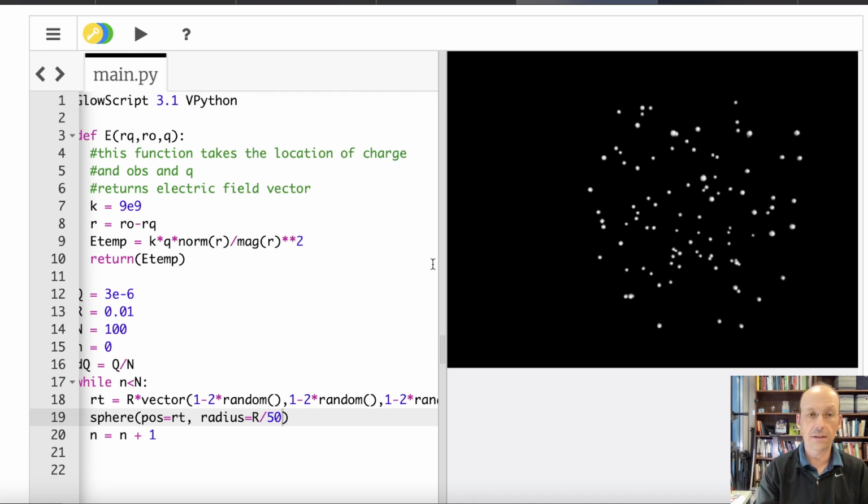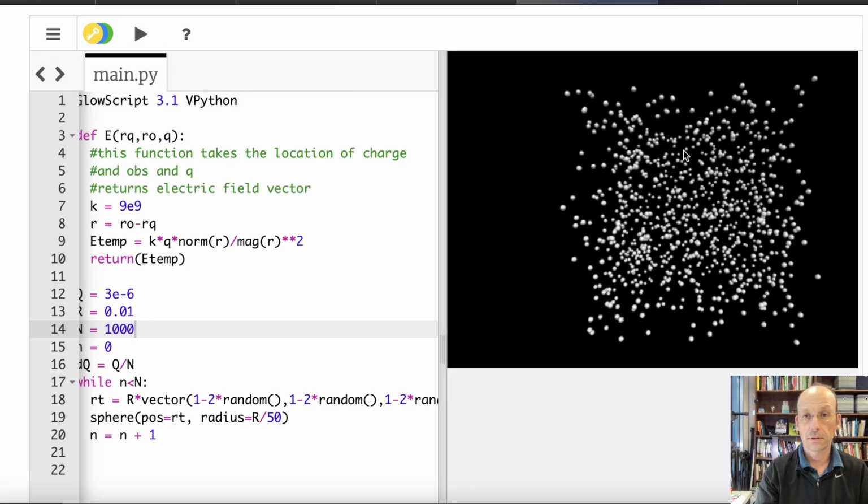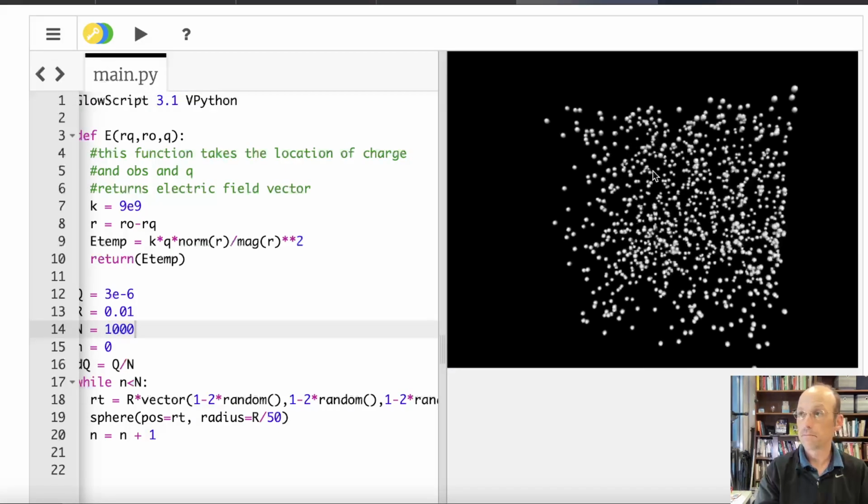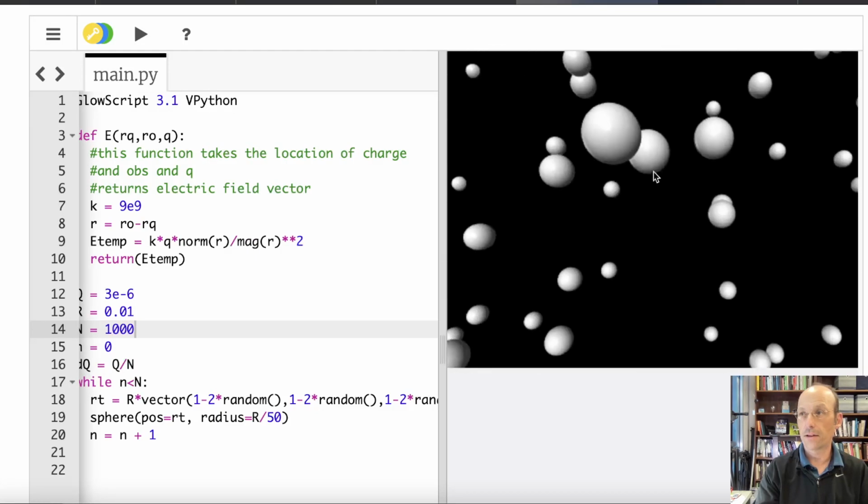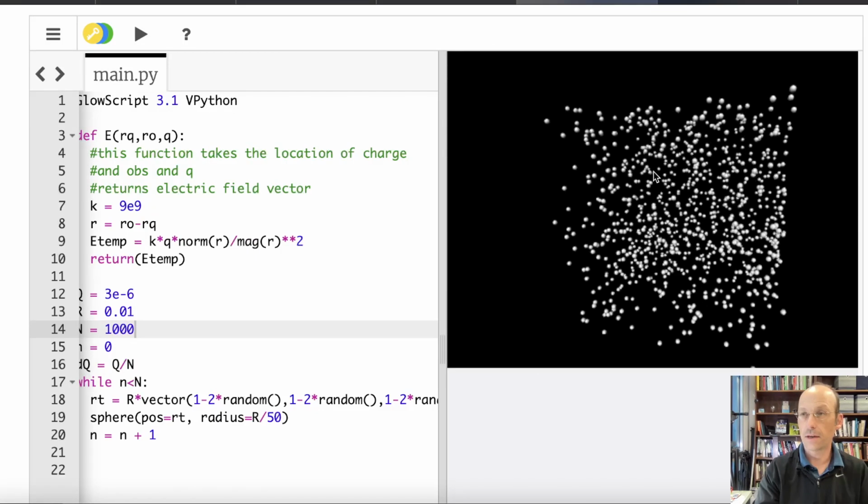That's a cube. You can see that's a cube. If I increase to 1,000, you can see that's really a cube. And that's pretty cool right there, right? I can zoom through it, zoom back out. Okay. So now what I want to do is cut out all those pieces that aren't inside of the